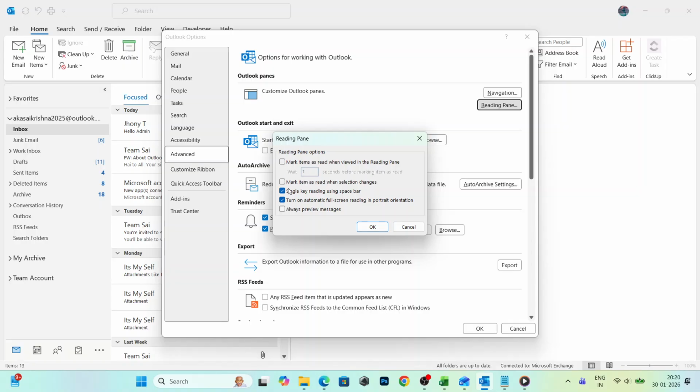Now you'll see controls that determine when messages are marked as read. If you want to stop Outlook from auto-marking, uncheck Mark Items as Read when viewed in the Reading Pane. This stops the Reading Pane from flipping messages to read just because you previewed them. You can also uncheck Mark Item as Read when the selection changes. That prevents Outlook from marking a message as read simply because you moved your selection to another email. These two controls are especially helpful if you arrow through a list or triage quickly and don't want to lose